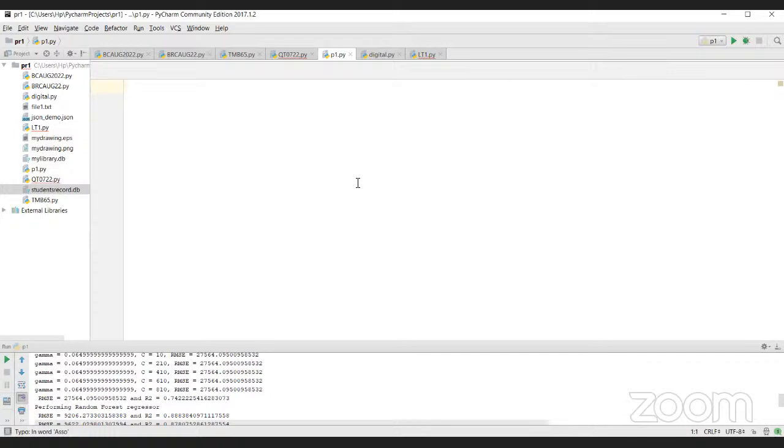So I'm going to say import OS. Now if you want to print the operating system's name, we can do so by printing